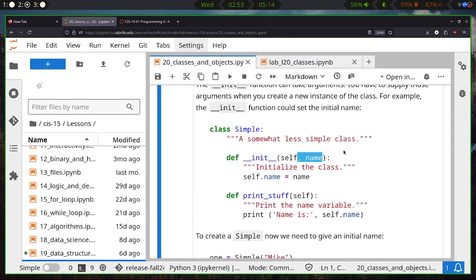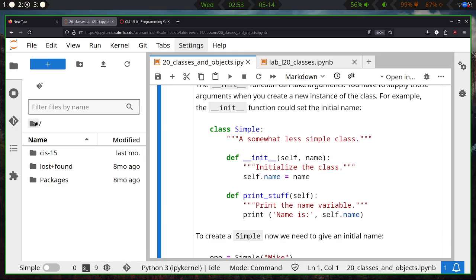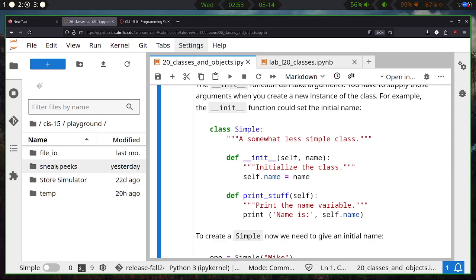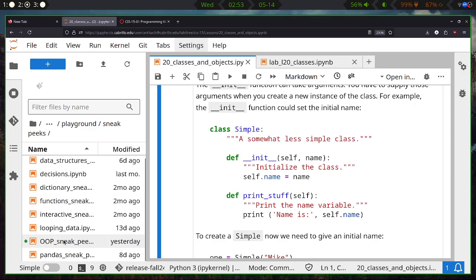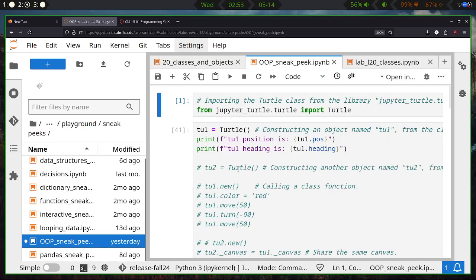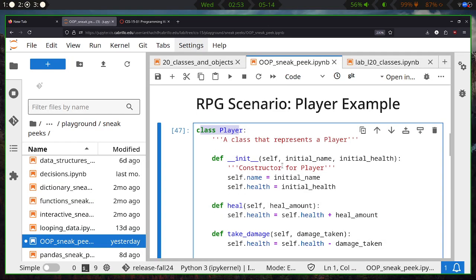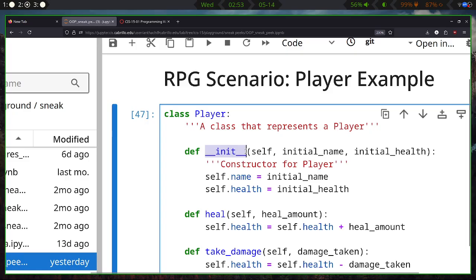You might have seen this a couple days ago in our player class. A couple days ago, we brought up a scenario for an RPG game. Somewhere over here, let me bring it up. Sneak peeks, object-oriented programming. Yeah, a couple days ago, we did an RPG scenario, a role-playing game, and wrote a class named player. You might remember that the constructor took some additional arguments. These arguments allowed us to construct a player with custom attributes. Like down here